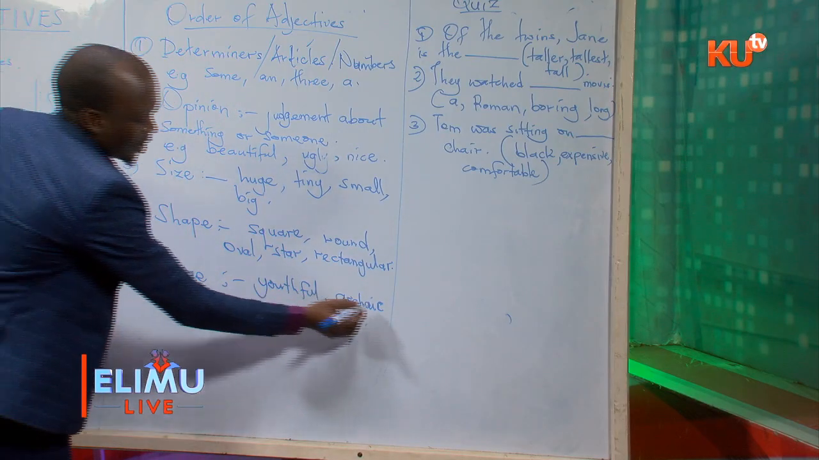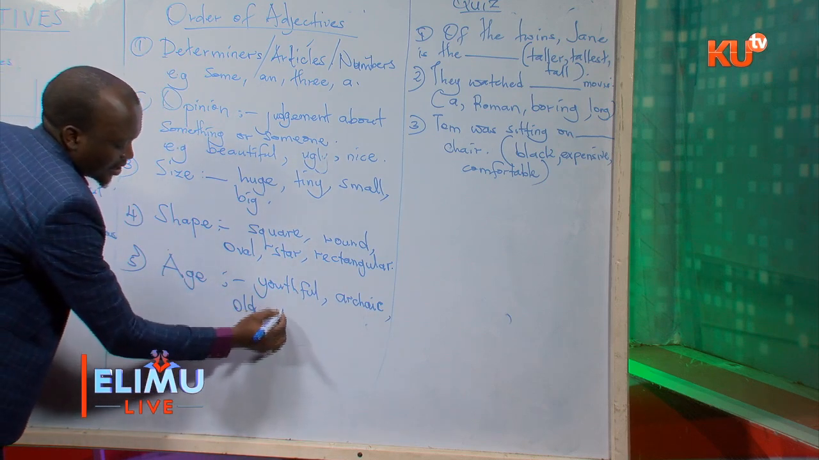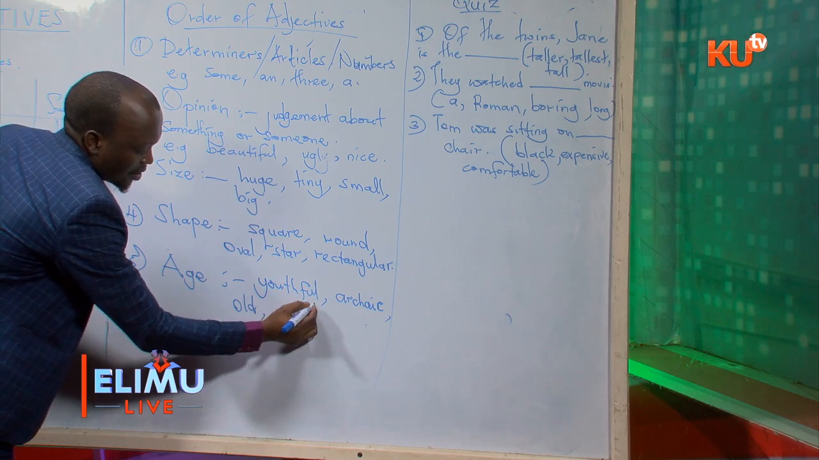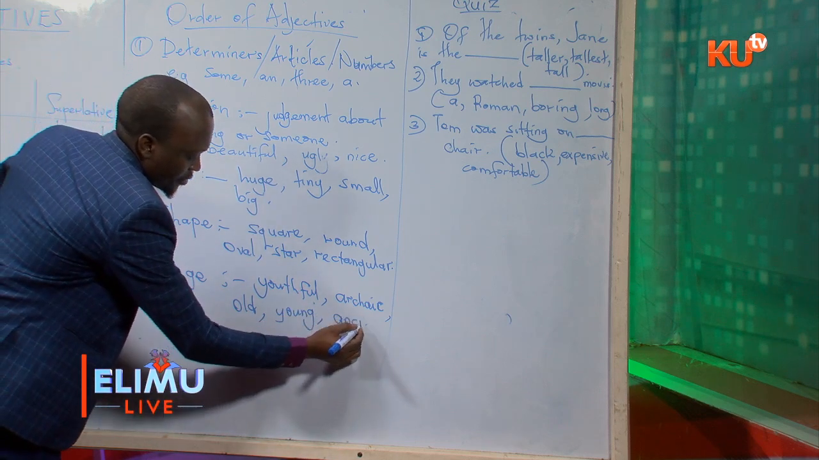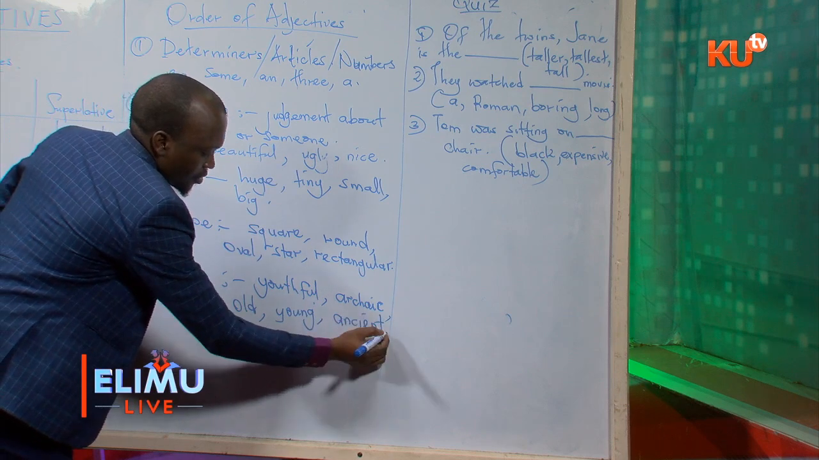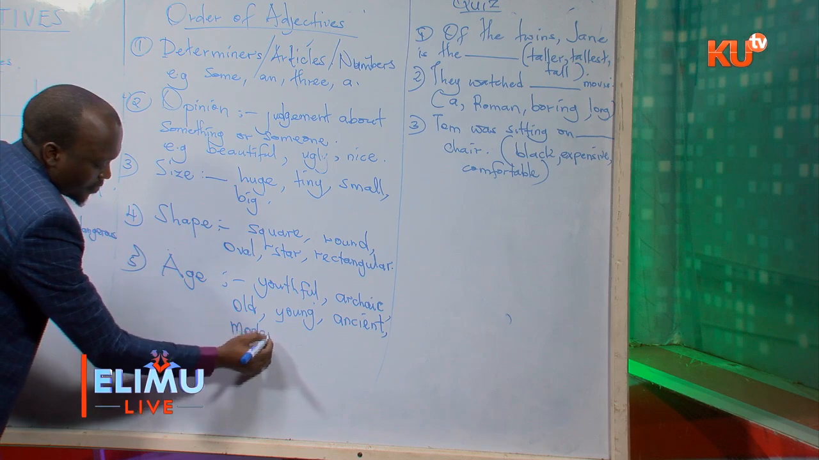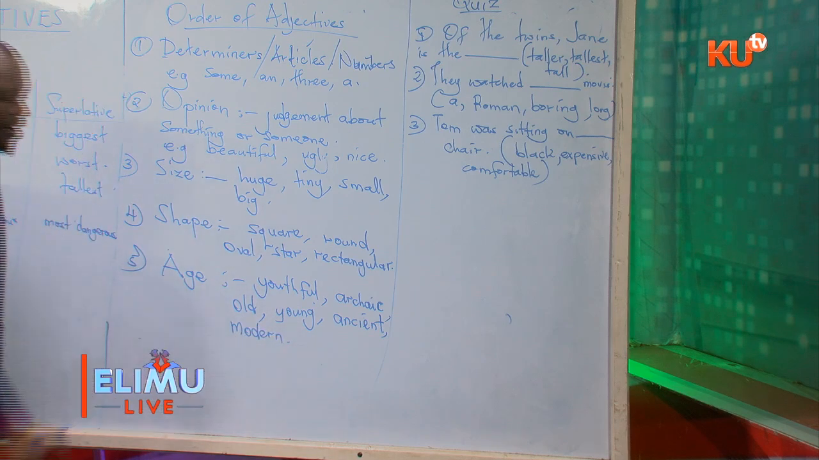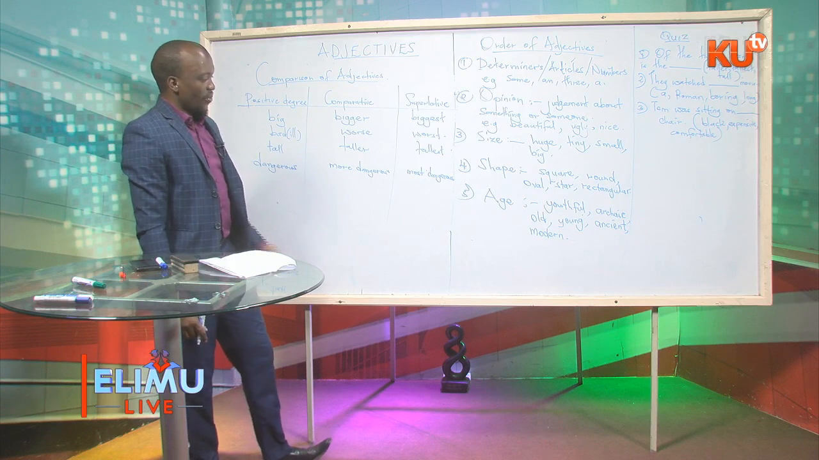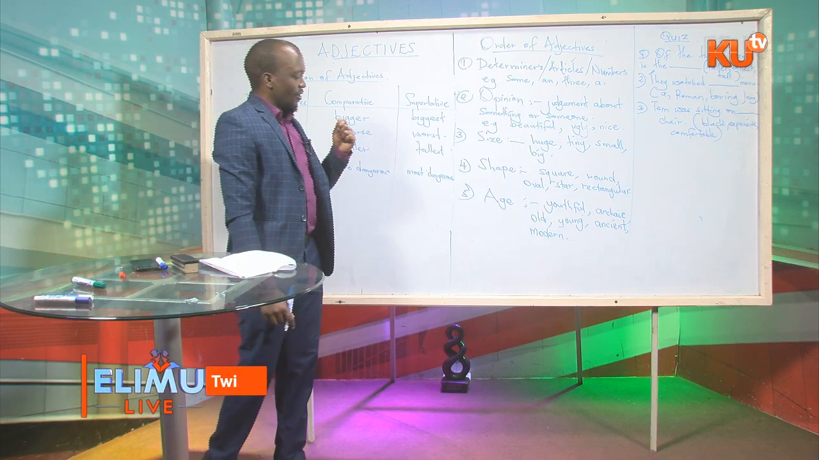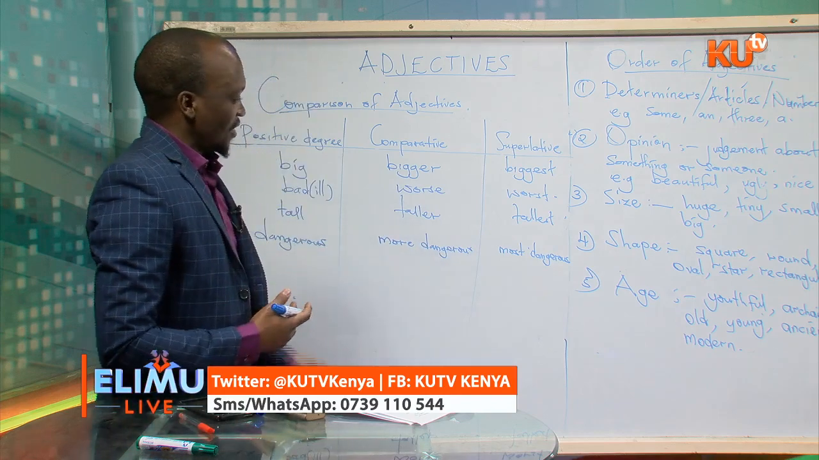We can use words like old. We have words like young. Words like ancient. Here we have more like modern. And the list is endless. You'll just know when to use age and which one is for age. After age,